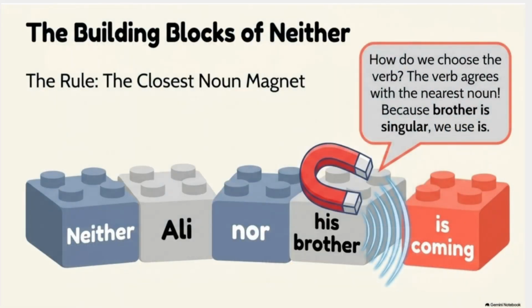The building blocks of neither. Now we come to one of the most important rules in this lesson. Look at the sentence. Neither Ali nor his brother is coming. Which verb do we use? We use is. Why? With neither nor, the verb usually agrees with the subject closest to it. In this sentence, the subjects are Ali and his brother. The closest subject to the verb is his brother, and his brother is singular. So we use is